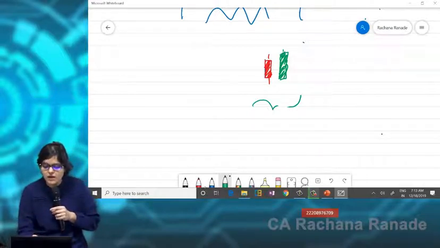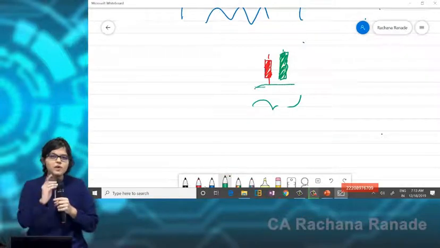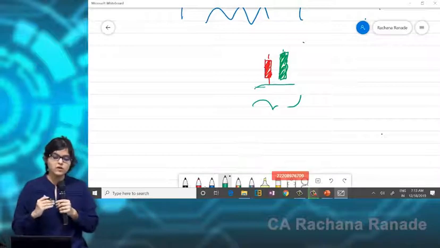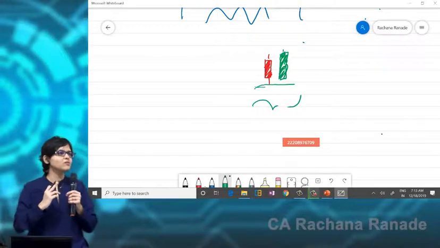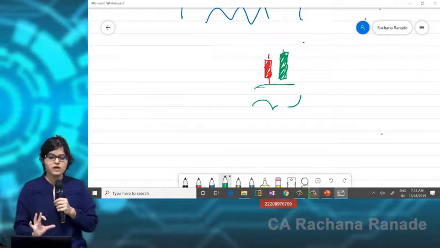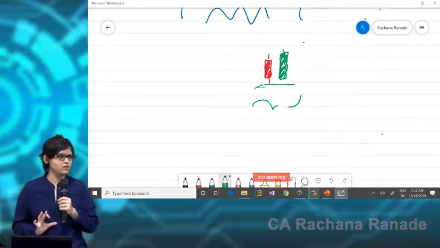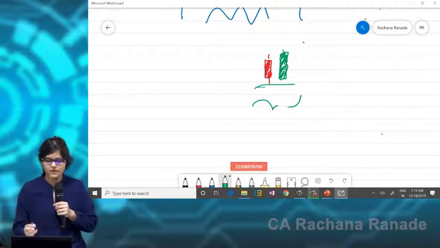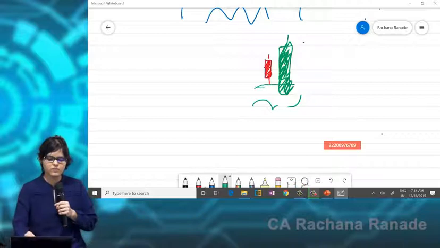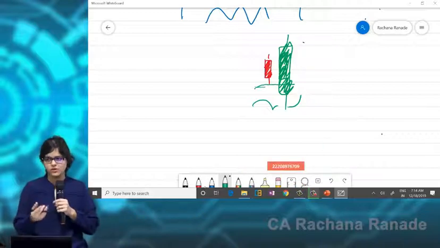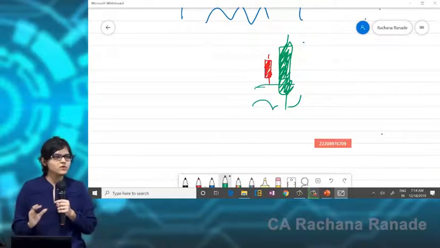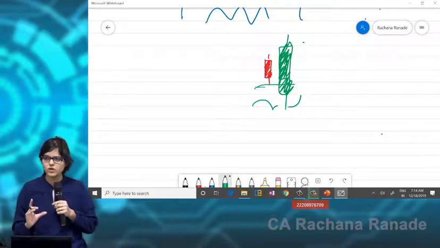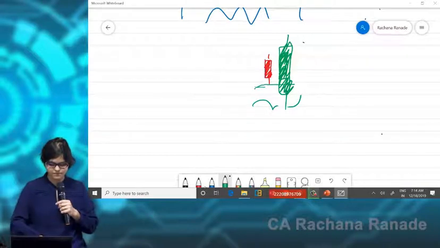Has the bottom been engulfed? The bottom has not been engulfed. So it looks like a bullish engulfing candlestick, but if it is not a convincing bullish engulfing candlestick, don't take a trade immediately. Wait to see if there is any other indication or not. But if it's a clear cut candlestick of this category, then you can be pretty sure while trading. Of course, you need to check, as I mentioned, support level, resistance level, some other patterns, and then go ahead. But have you understood this? Yes, what is a bullish engulfing candlestick, right?